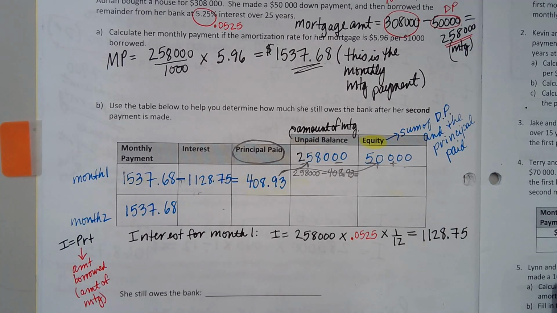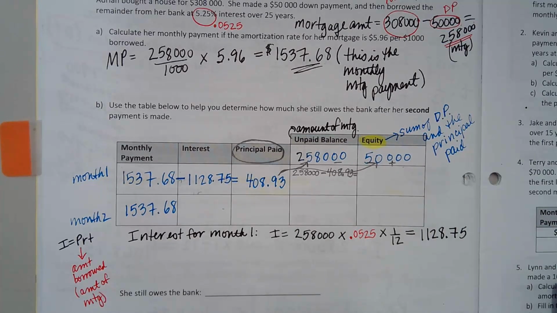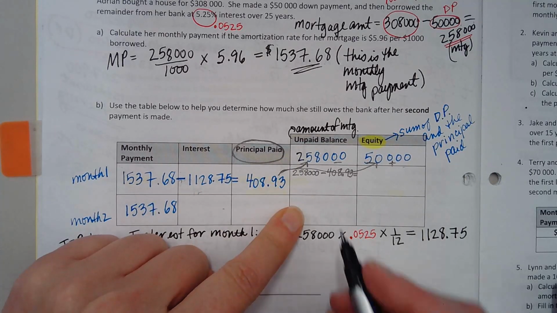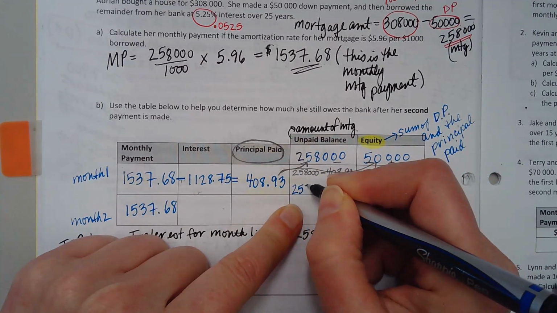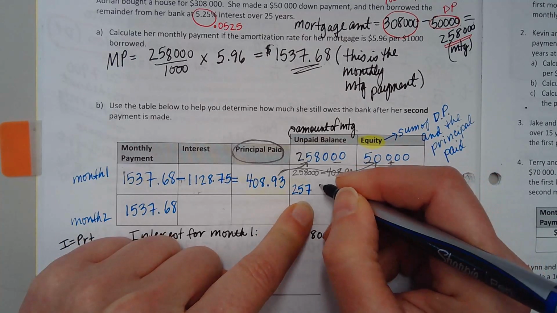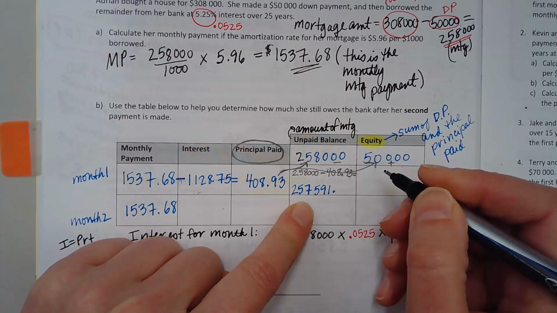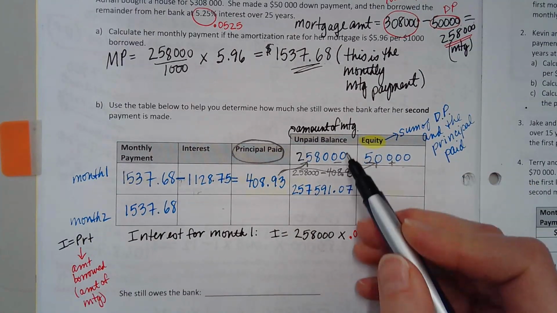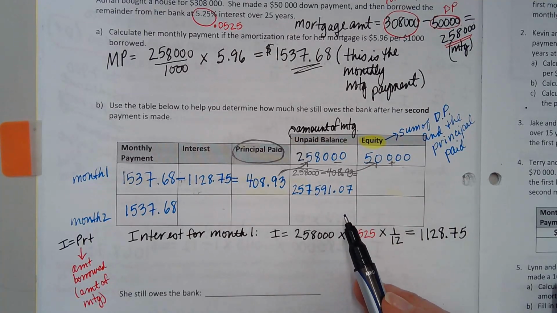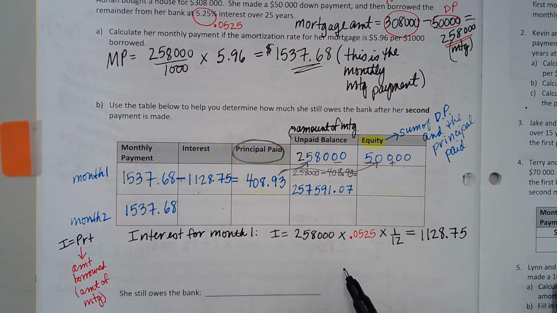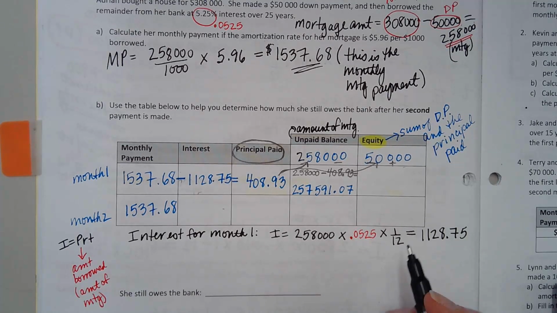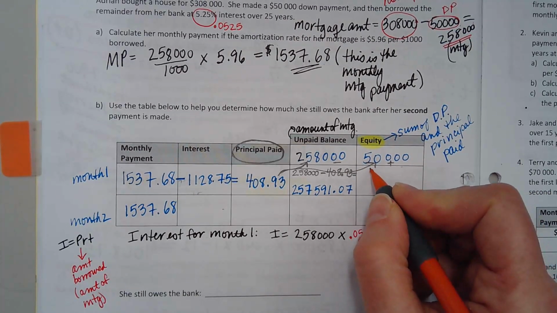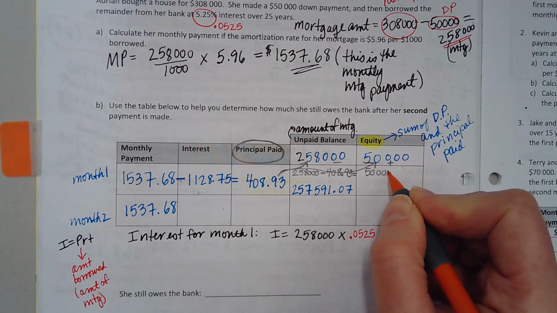257,591. Okay, it's still going to be a big number, right? Yeah. Okay, so this number ends up being, we went from owing 258,000 to the bank to only owing 257,591.07. Okay, so you see, she owes a little bit less than the first month. Would you agree? Just slightly less? Okay, so now this cell, we're going to take the same amount, the principal, but we're going to add it to the 50,000 plus